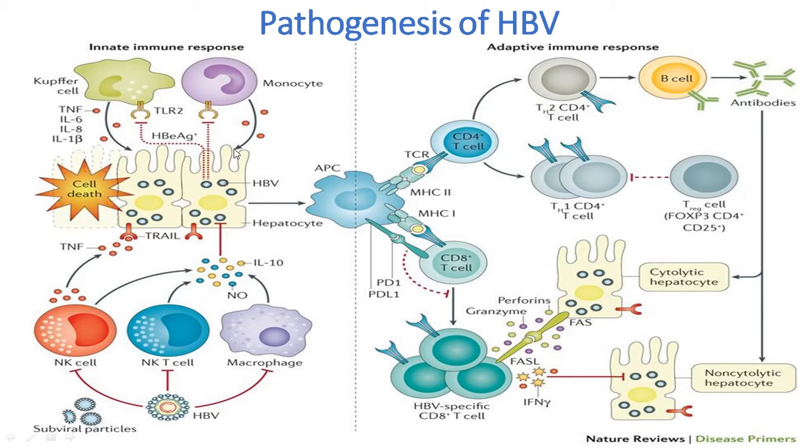But if the body is responding to it, then what cells respond to the infection? They are the monocytes and the Kupffer cells. They release interleukins, and what happens is HBeAg gets activated. Then what happens? CD4 T cells and the CD8 T cells. For the long-term immunity, we need T cells, right? So these cells activate the B cell. That is, the CD4 T cell activates the B cell and antibodies are formed. It could be in the form of anti-HBs antibodies or anti-HBe antibodies.